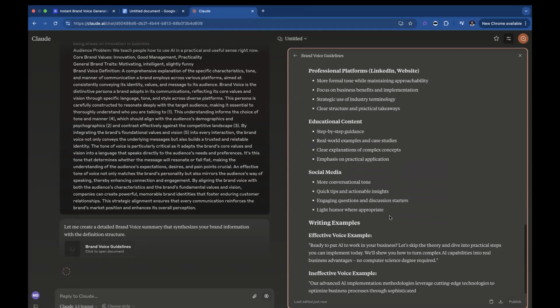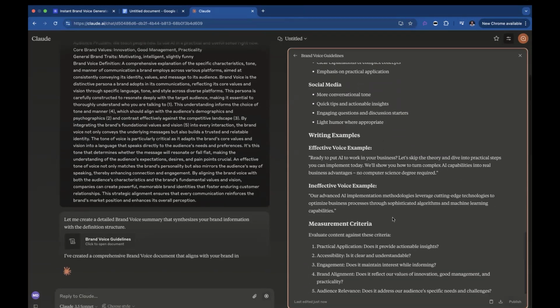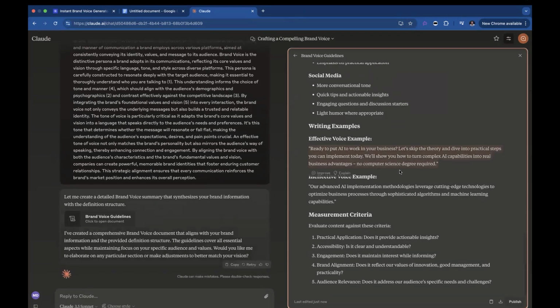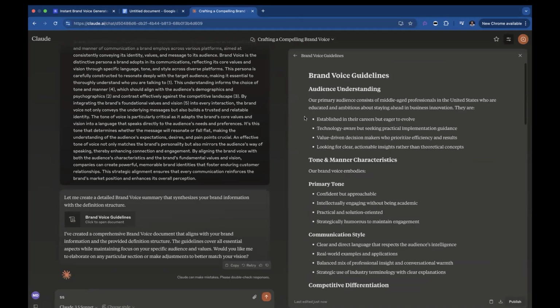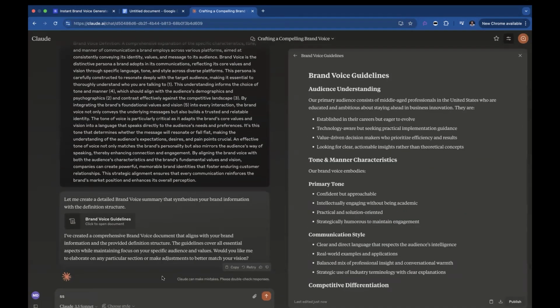And there you go. So it's a very comprehensive statement because it's going off that big definition. But don't be scared of it because you could still trim it down. So let's say this is our big statement. You can also say, give me a true, we'll say, 5 sentence summary of the brand voice.